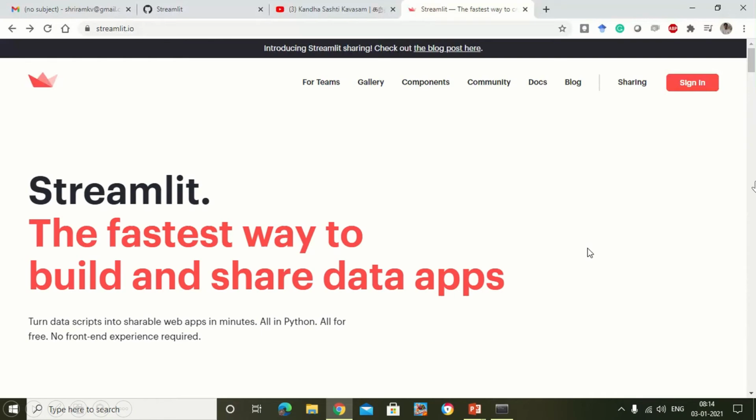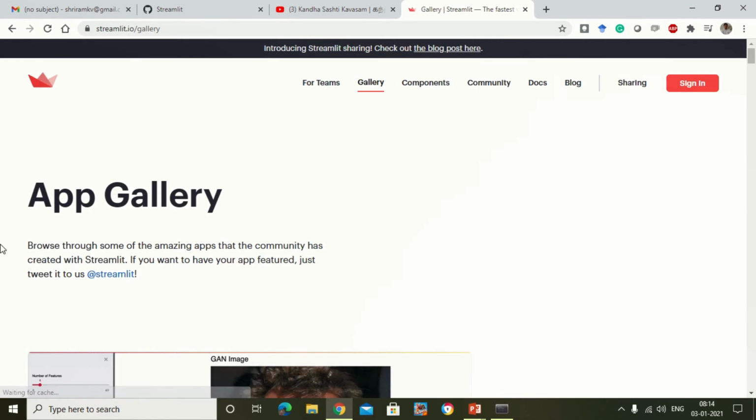But before we get into it, please understand that if you want your apps to feature on the Streamlit website, you need to have an account created, and that's the first step. So if you are willing to become a developer and want your apps featured, make sure you create your account with this sign in option. When you click that, you will get the complete procedure for getting your account created, and that's easy.